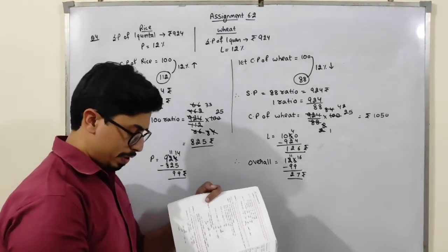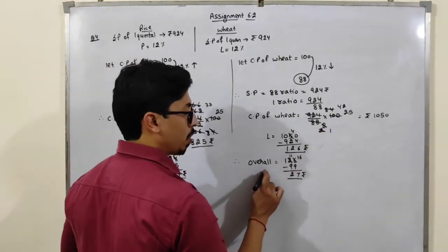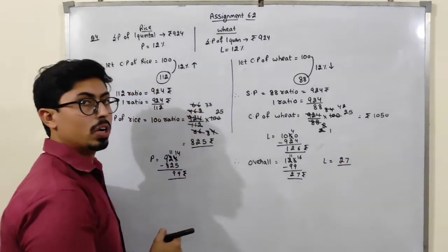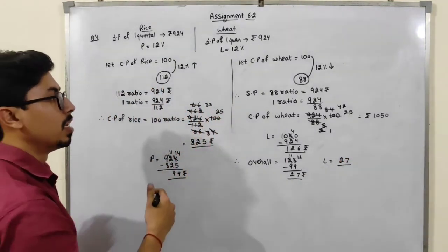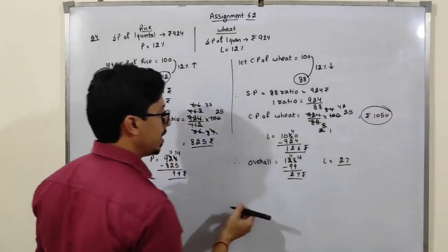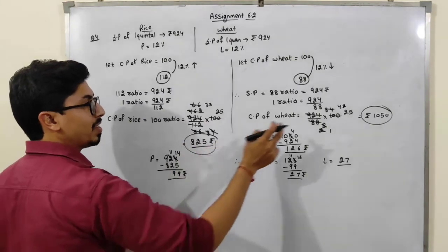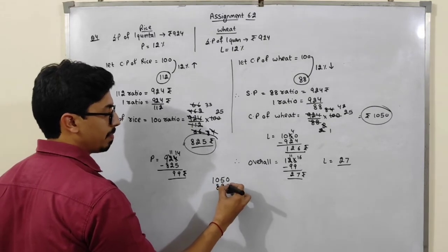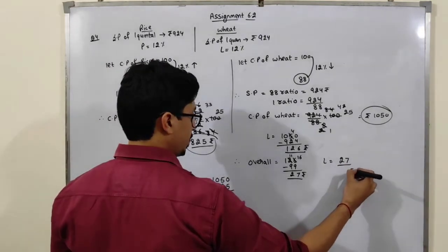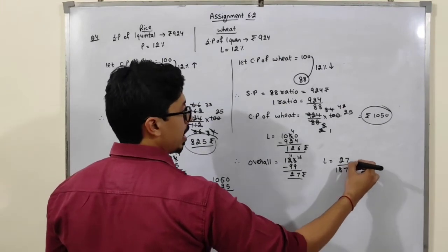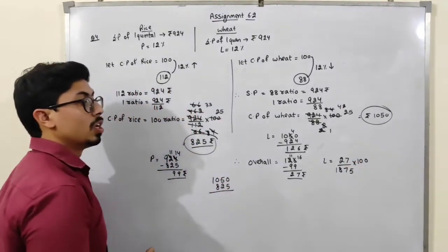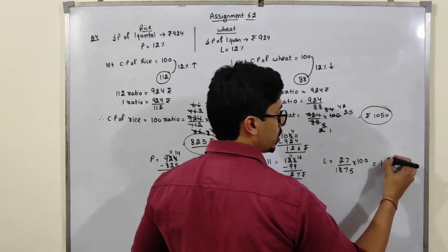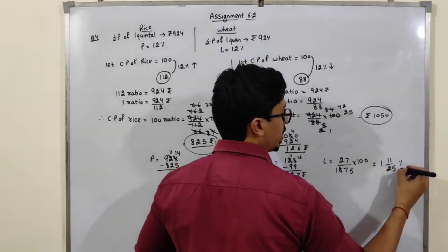So students, what do we have to do? We have to find out the loss or the gain percent. So overall, he is losing something. So the loss percentage will be this upon CP. CP will be the total amount. So just add this, and CP of this will be this. So just add these two, because this is the total CP. So total CP will be this plus 825. So how much will it be? 5718, and for the percentage multiply this by 100. So loss percent is this, and the answer is 1:11 by 25%. So just do the calculation yourself. So this is my required answer.